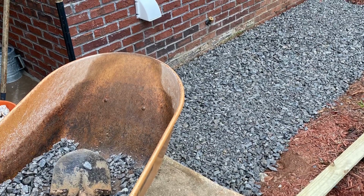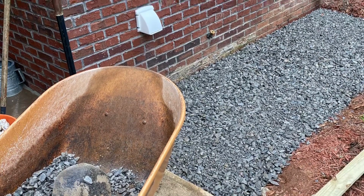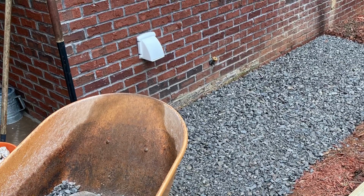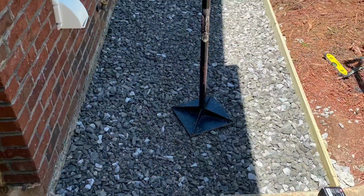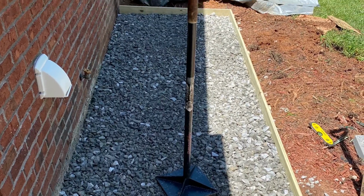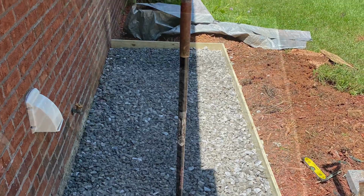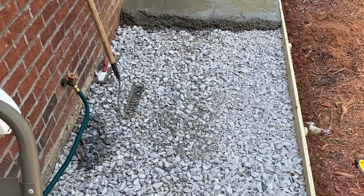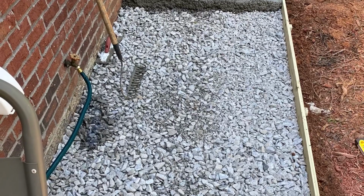Here's a little project I did with the help of the Northern Tool concrete mixer. It did a great job. Once I got all the 57 stone down, I used that tamper and tamped everything down nice and compact. And then I started mixing the bags. I was able to mix 2 bags at a time,